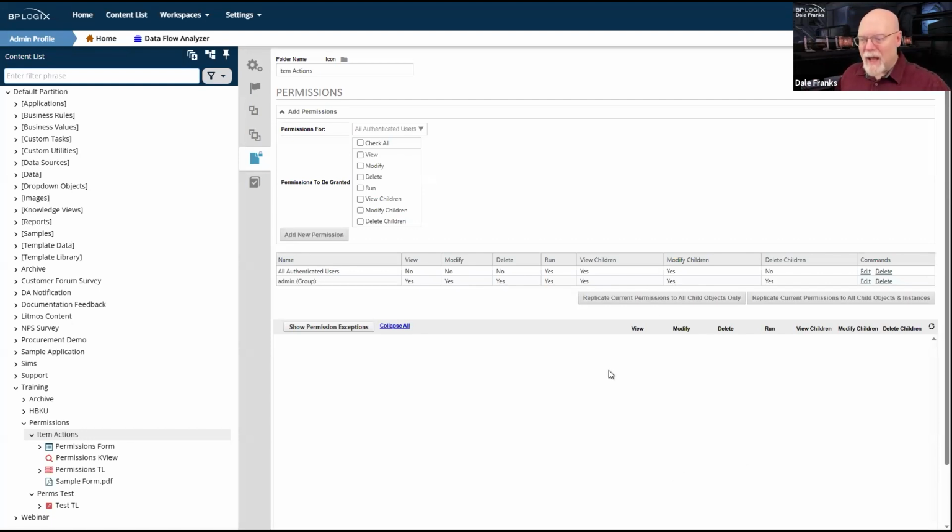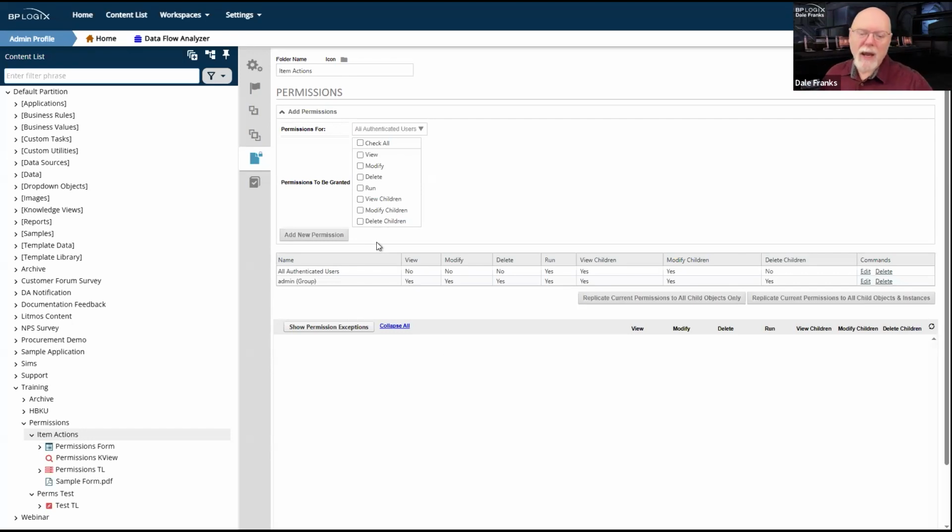The reason that these are different is because they inherited the permissions that existed at the time that these objects were created. Those permissions are all different now. However, changing the permissions on the parent object, while it does ensure that once changed, any new objects created will inherit the permissions that existed at the time of their creation, will not change the status of existing objects. To do that, I would need to replicate my permissions down to the object.